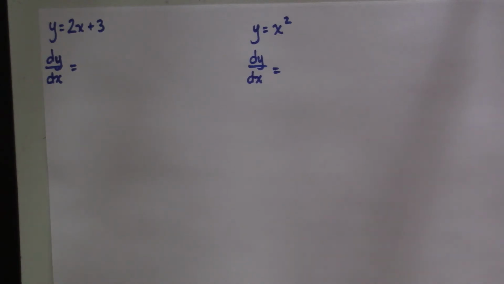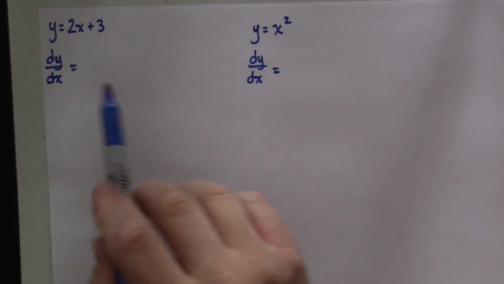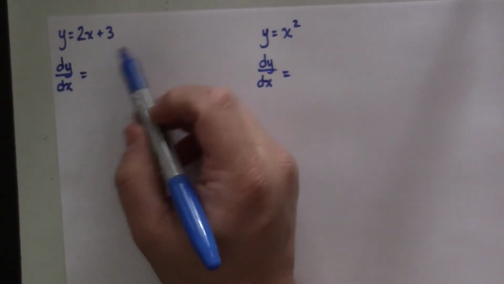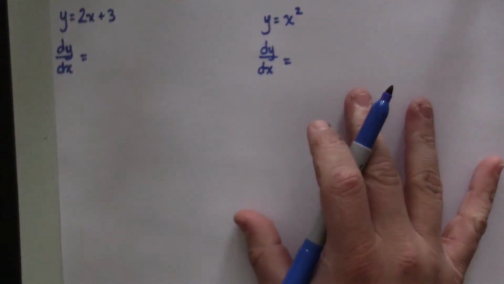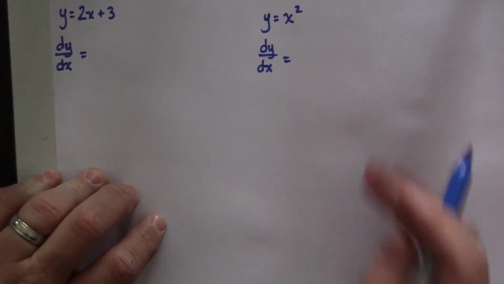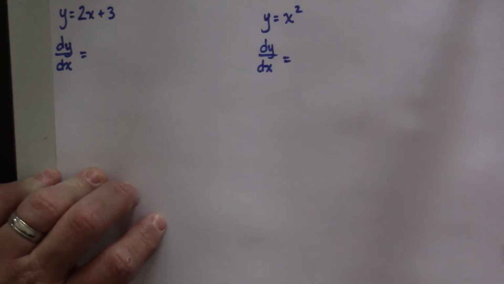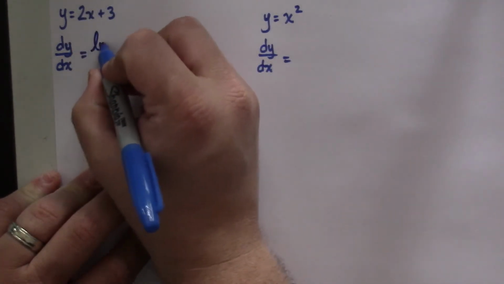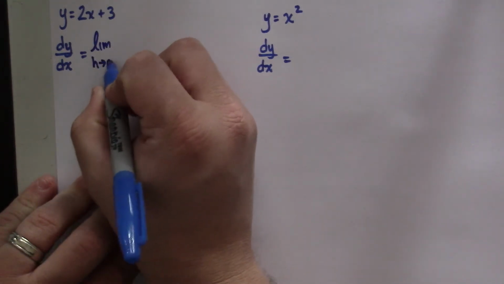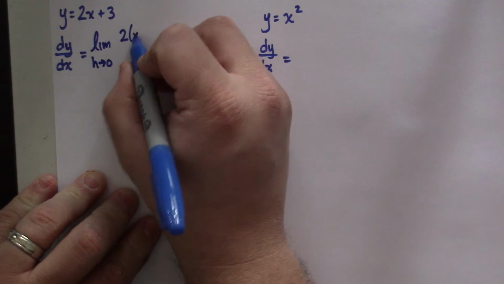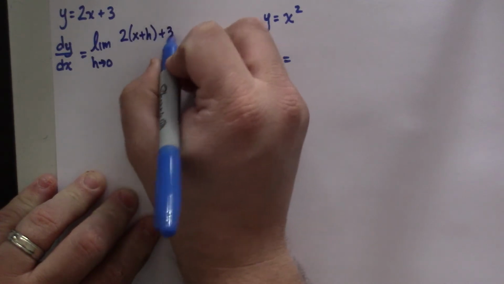So what I'm going to start with is I have two equations here I want to look at. I've got y equals 2x plus 3. I also have y equals x squared. And what I'm going to do is take the derivative of both using the method we have, and I want to start developing a pattern. So I'm looking at this. The derivative of this is the limit as h goes to 0 of, and I'm going to skip a step, just not writing it out again. So 2 times x plus h plus 3 minus